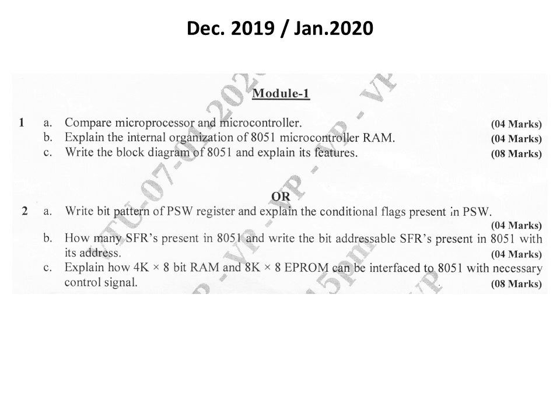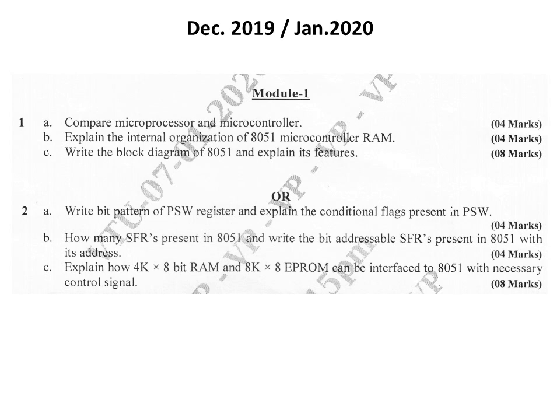So as we know, the group of registers implemented to perform special functions and located immediately above the 128 bytes of RAM are called special function registers. That is from 80H onwards to 0FFH. These things should be explained with the SFR, special function register bit address diagram, for 4 marks.